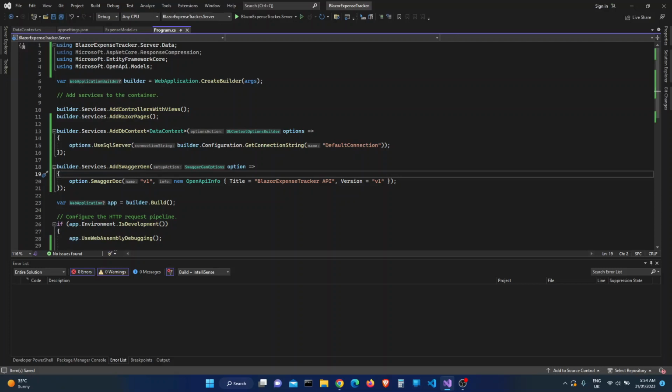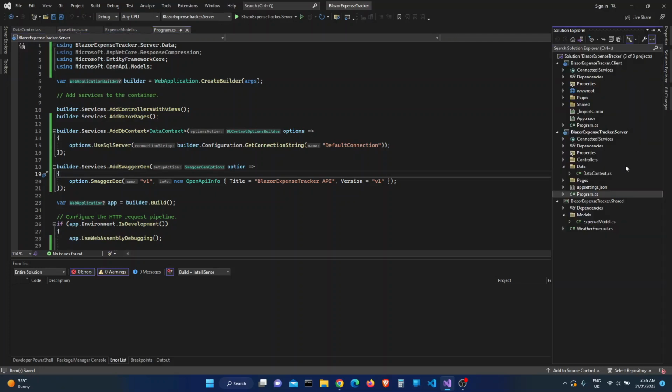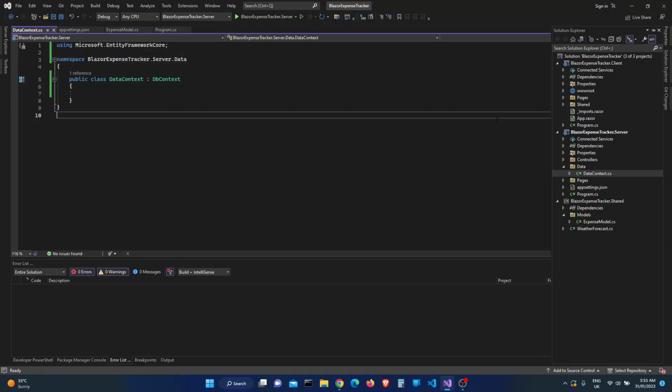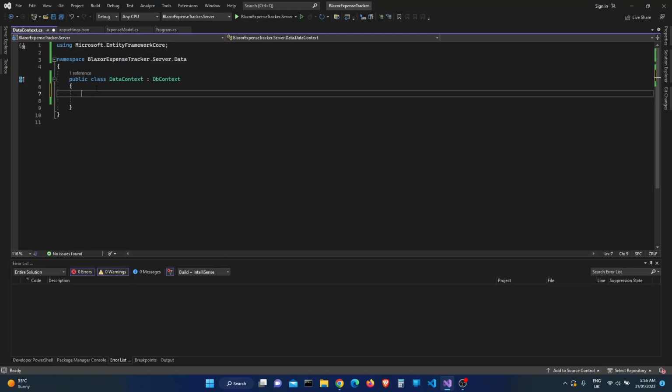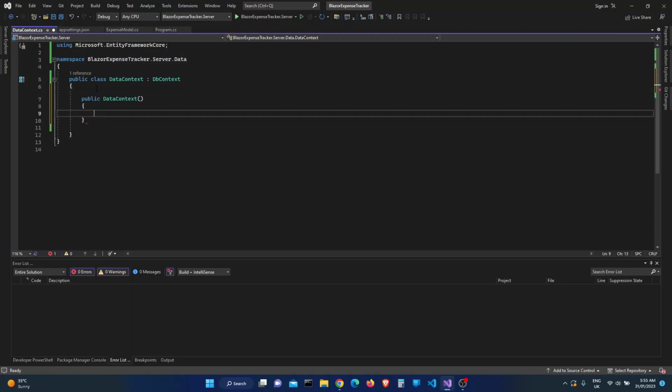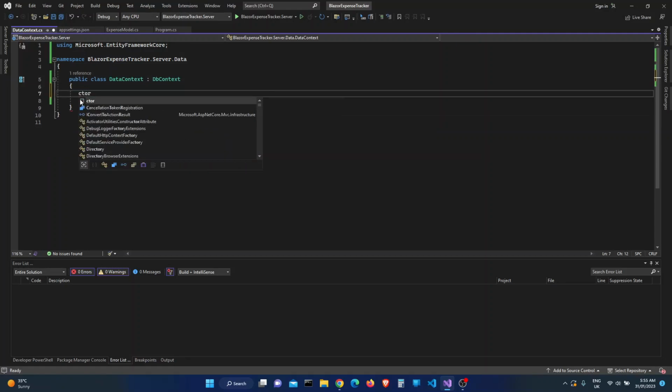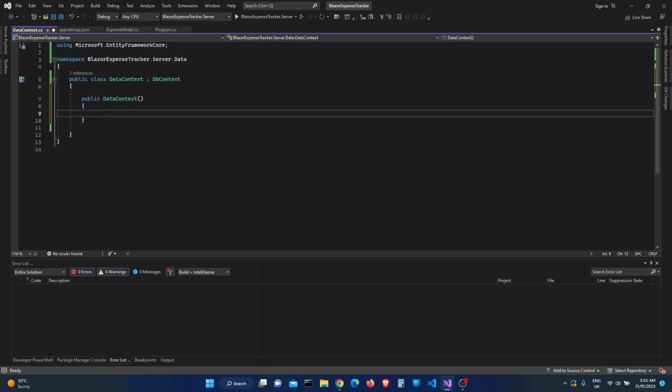the DataContext. The next thing we need to do is add some seed data so that when we perform our migration, there'll be some data in our database that we can have a look at and see if everything is working. So to add our seed data, we need to go to the DataContext that we created, and over here we'll first add our constructor. The shortcut I used was ctor. Let me do it again. You can just type ctor and double tap Tab, and it gives you